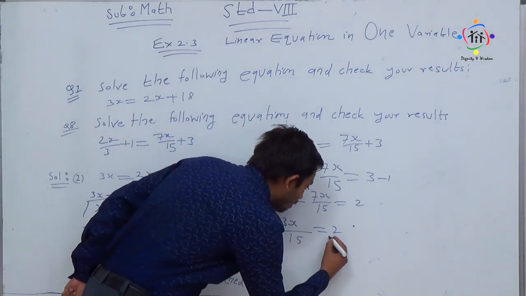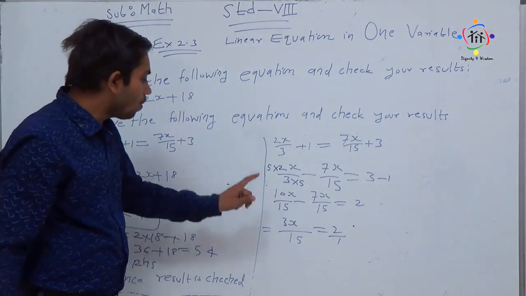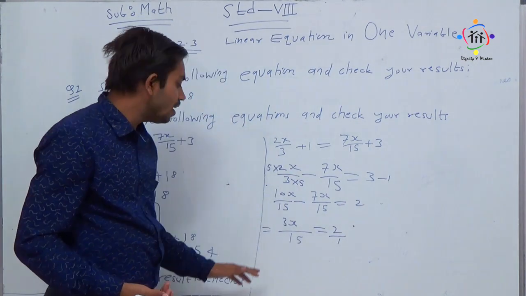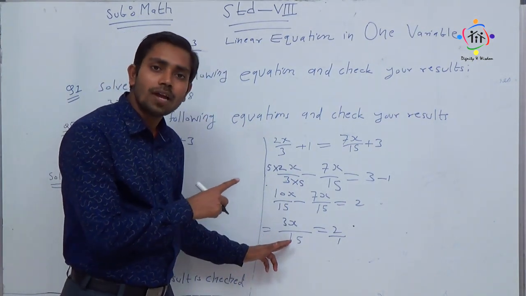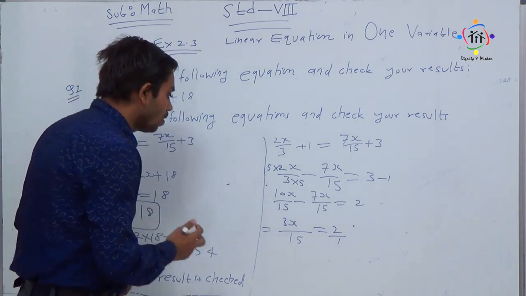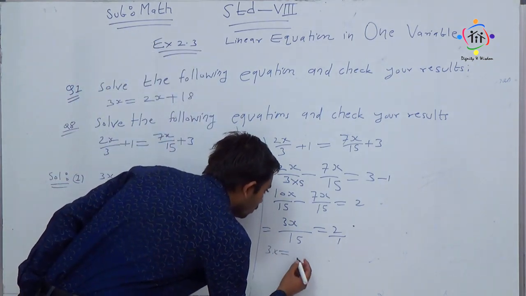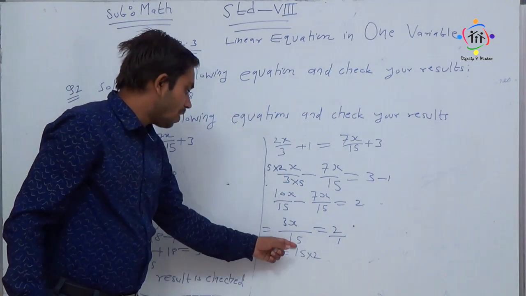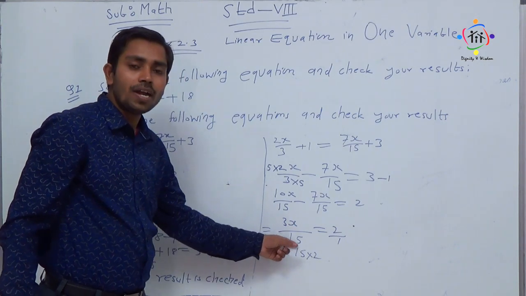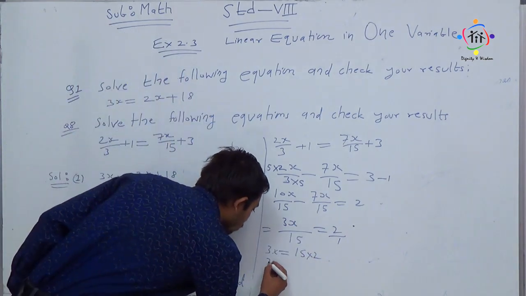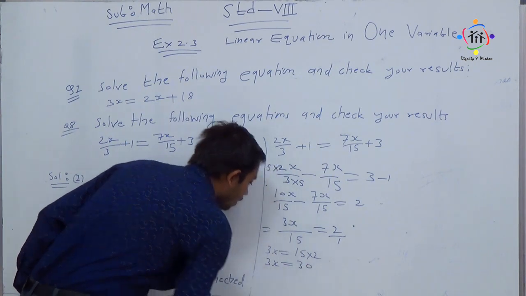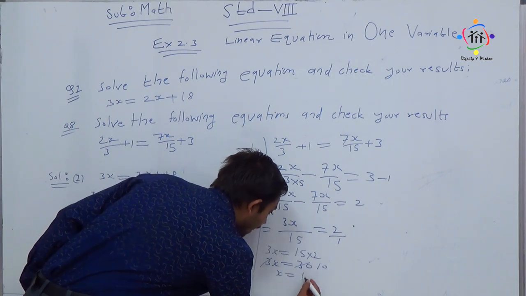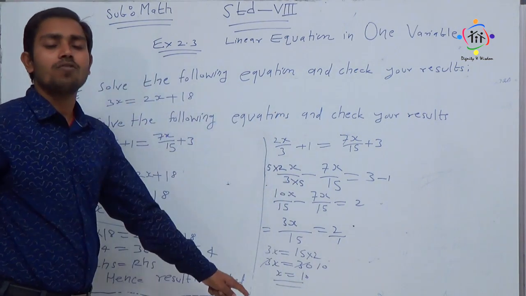Now nothing is there in the denominator on the right side, you can take 1. Cross multiply: take this constant to the right side. Here this constant divides, when it goes to the right side it will multiply, my dear students. So 3x is equal to 15 into 2, because here it was divided, when it goes to the right side it becomes multiplication. So 3x is equal to 15 2s are 30, 3 10s are 30. So my dear students, we got x is equal to 10. So this is the required solution.